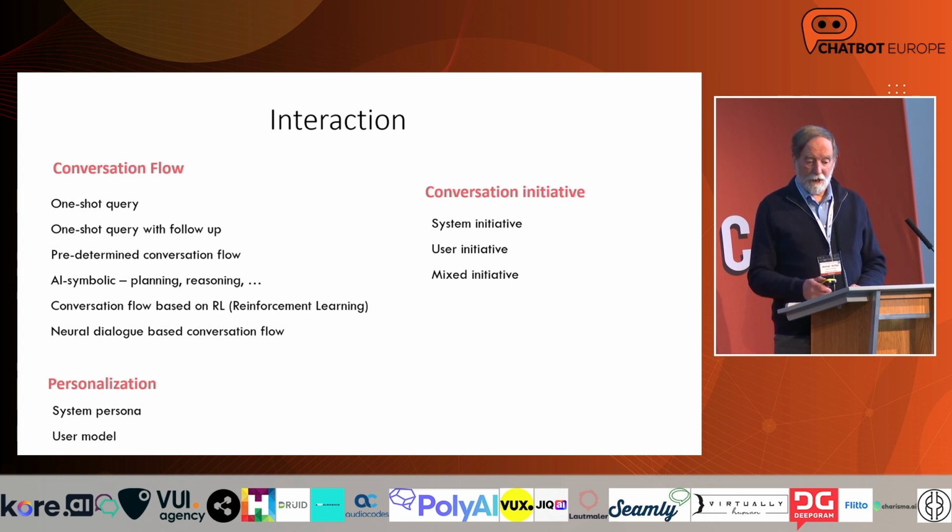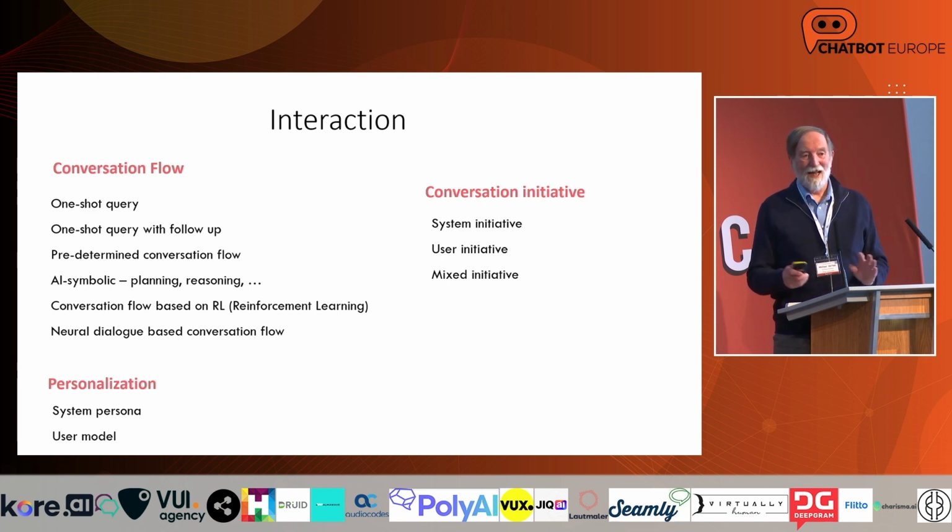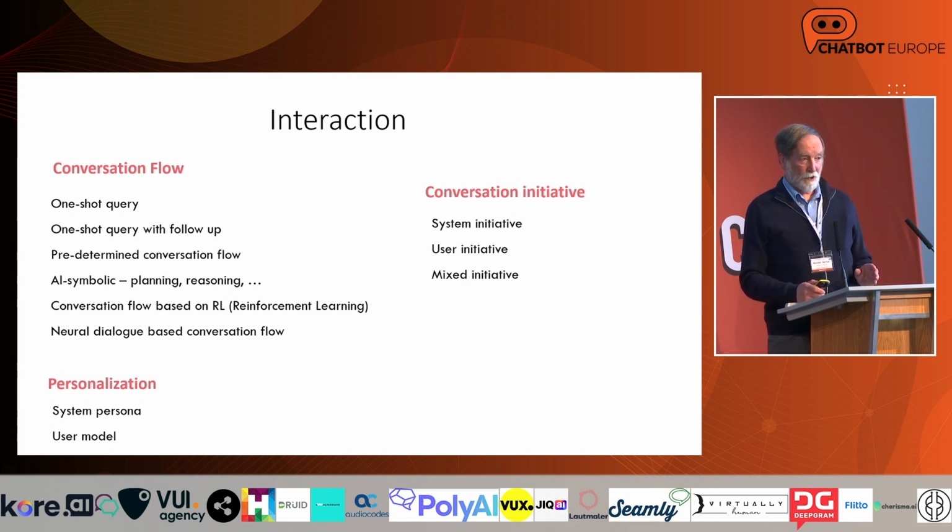A third degree of the interaction is the degree of personalization. So on both sides, the system can have a persona, which lots of people like to have. Sometimes it's overdone and you don't really like the persona. And then whether it has a model of the user, and that'll come up later actually in my talk. Whether then the system is simply reactive or whether it's proactive as well. So for example, in different types of application, it might want to do reminders about things. That's particularly relevant in various home care type chatbots.